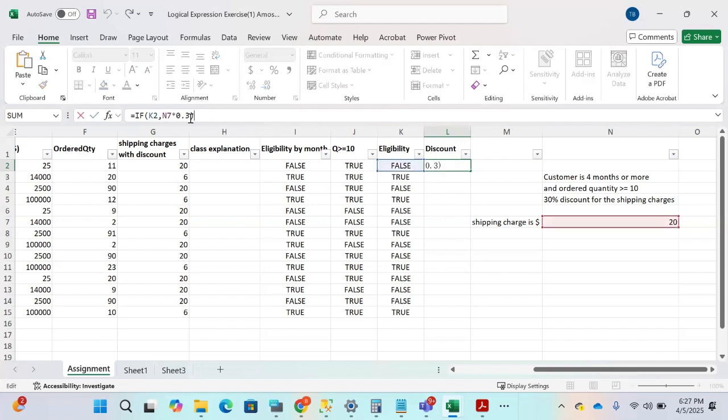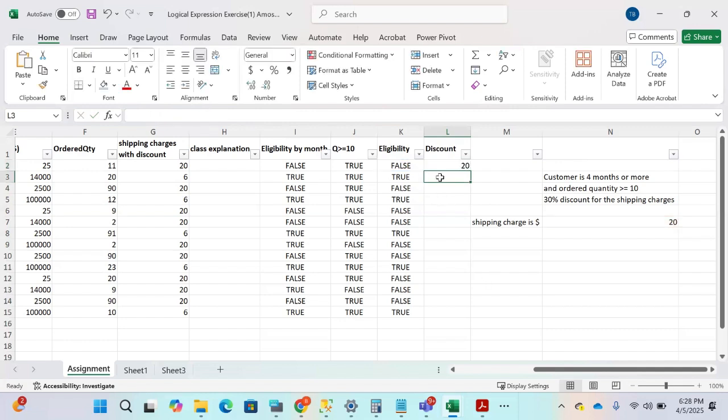Otherwise, if it is false, that means if the customer is not eligible, you just want to bring in the value here. I think the bracket is already closed, so I can now click on something here. All right, since this is false, the customer is not eligible, so I will have to double click this